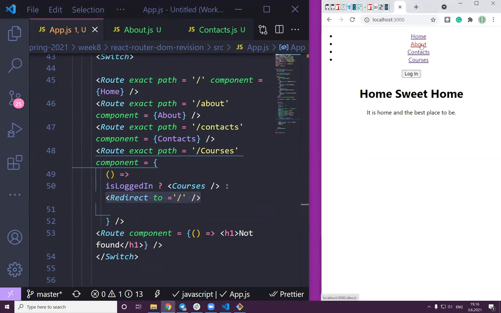Okay, home is easy to access, about is easy to access, and contact is easy to access. Courses, have you seen it? It just forwarded me to the home page. But now let me log in, and again,